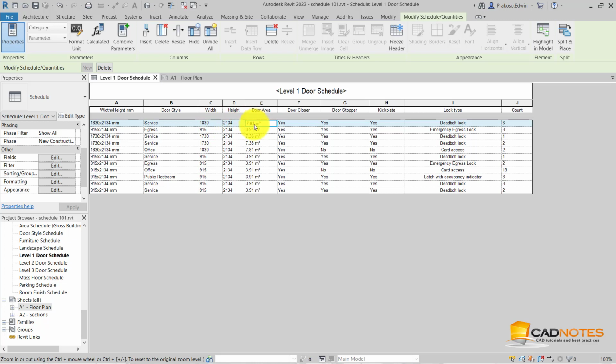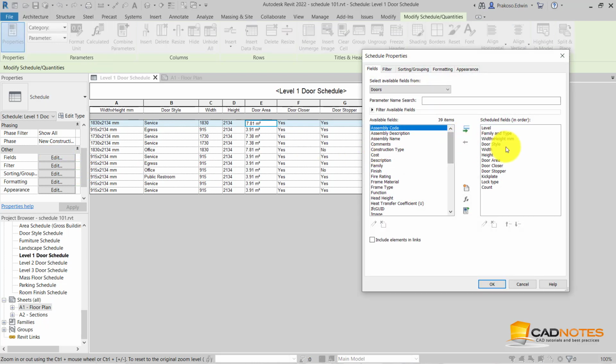This is the door opening area, but we have six doors for this type, and we have three doors for this type, and yeah, we have 13, 3, 2 for each type. So what if we want to show the door area multiplied by the number of instances? Let's add another field.